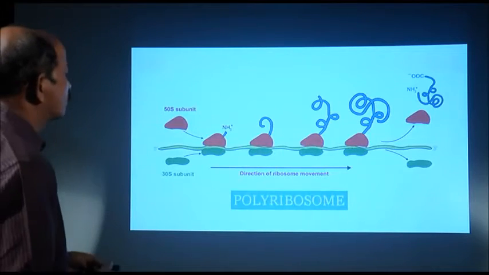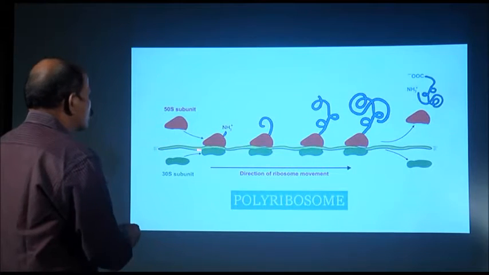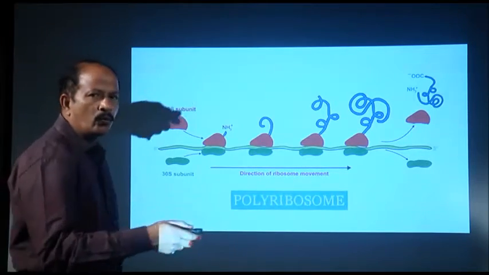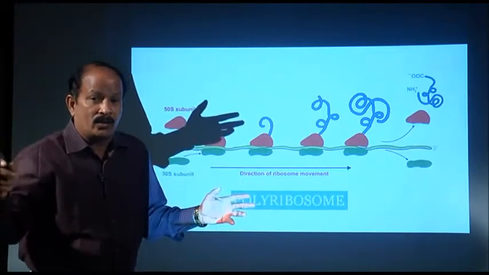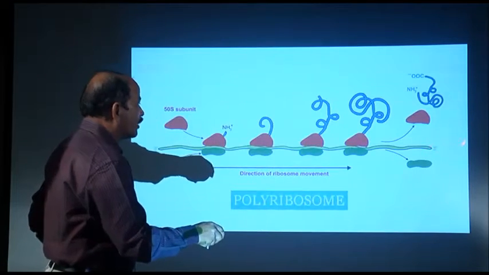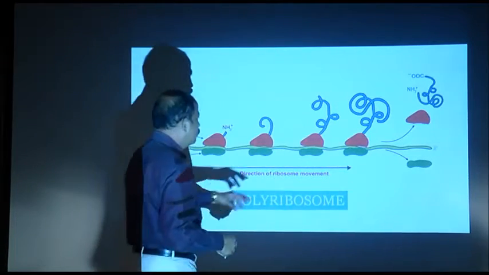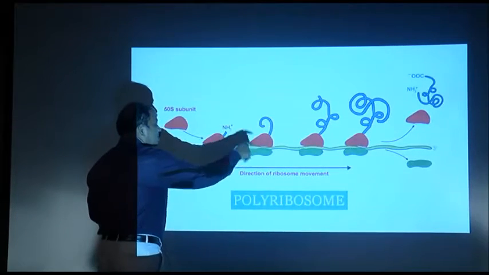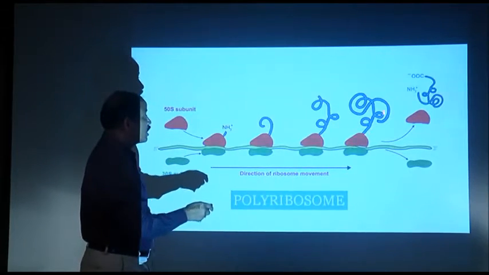If you look at this diagram, this thread in light green is nothing but messenger RNA. Messenger RNA has a 5' end and a 3' end. Whether it is a DNA chain or an RNA chain, each has polarity. The two ends, like a snake's head and tail, are different. This is the head end, the growing end, and this is the tail end. So, this is a polar structure. What is seen? This ribosome in the beginning was attached here, and gradually it has moved to the 3' end, and it has synthesized a long protein.